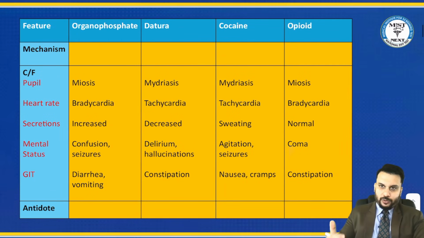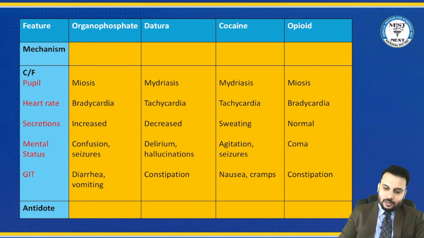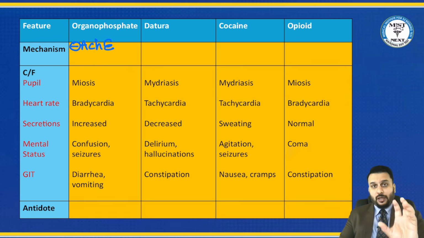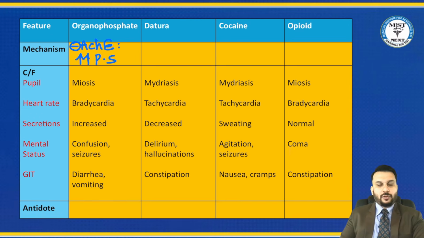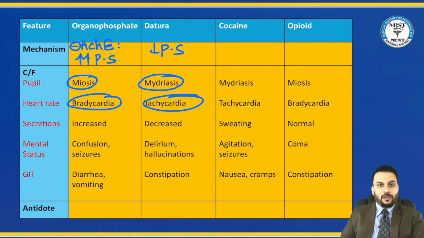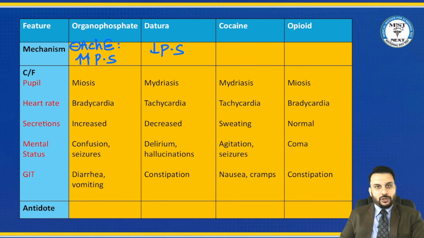Now this is where you get the different types of poisonings that you can see. So doctors, first is OP poisoning. OP poisoning is due to blockage of the enzyme acetylcholine esterase in an irreversible fashion, and this blockage leads to excess parasympathetic activity. On the contrary, datura is going to decrease the parasympathetic. That's why they are opposite. One is meiosis, one is mydriasis. One is bradycardia, one is tachycardia. Secretions increase, secretions decrease, right? So that's why they work exactly opposite.